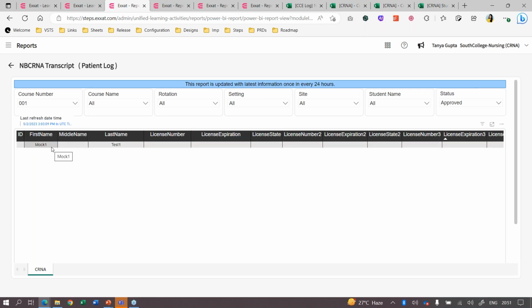This report consists of, for example, first name, last name, middle name, and IDs if available. If you enter that data in the system, it will be displayed here. So license number, expiration date, everything would be visible here. Then you have